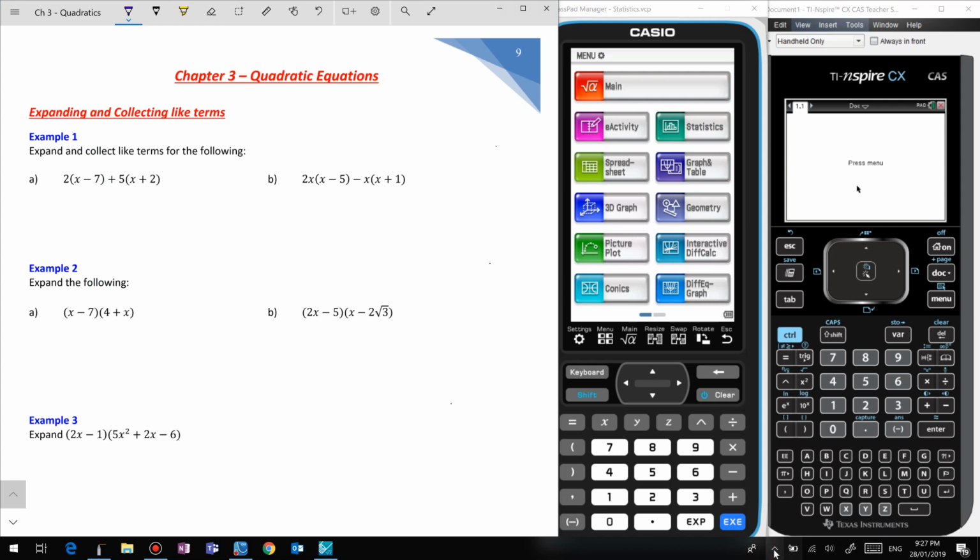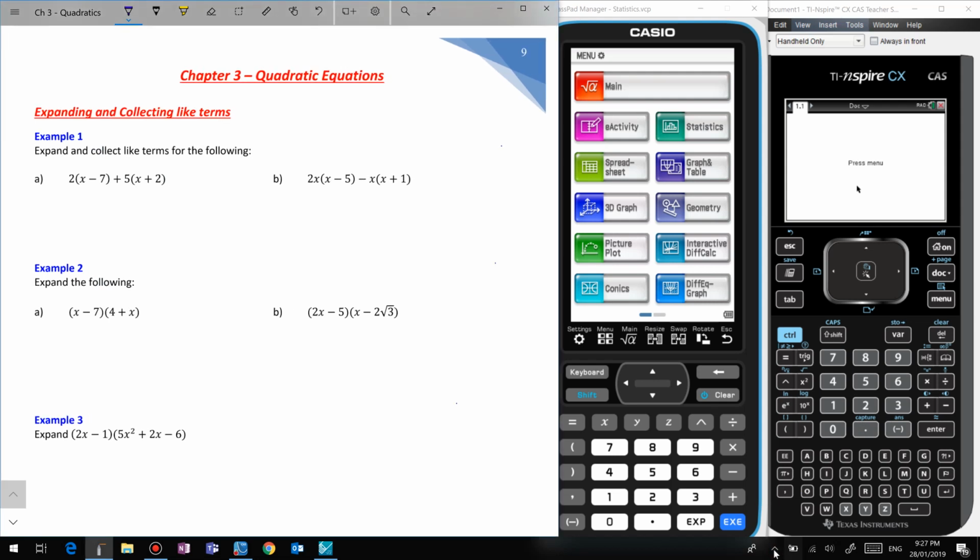Today we're going to go through Chapter 3 from the Year 11 text, which is the start of Quadratics. I won't go through all of it, but basically all of your factorising and expanding. Okay, so the first thing, you should have done this in more junior years, but I want to expand this